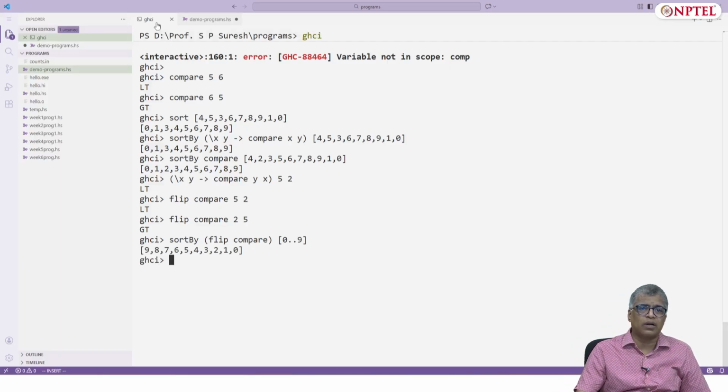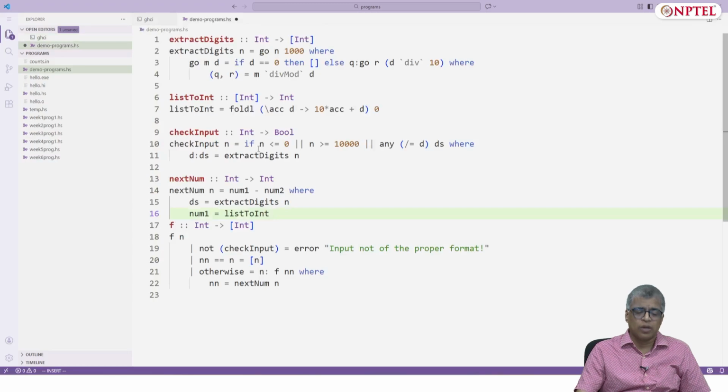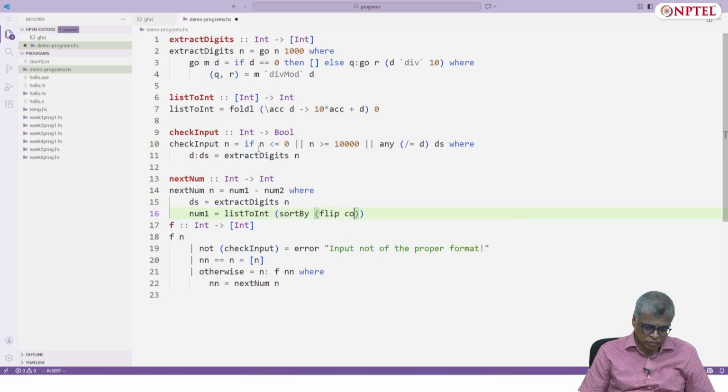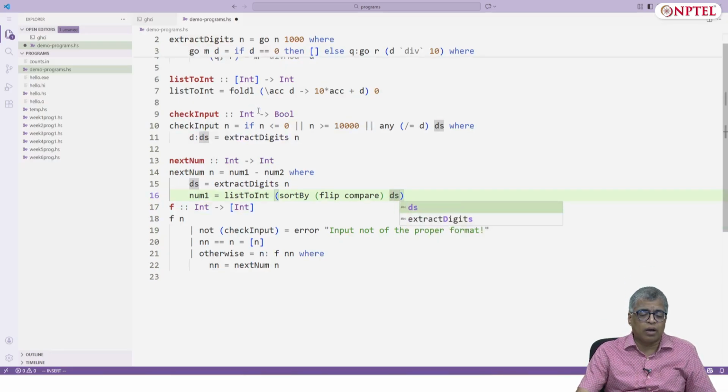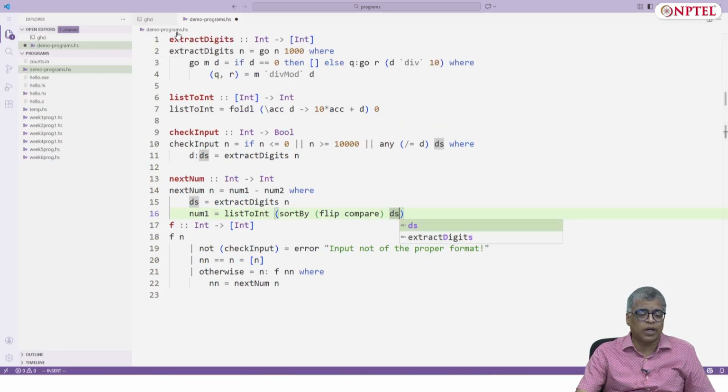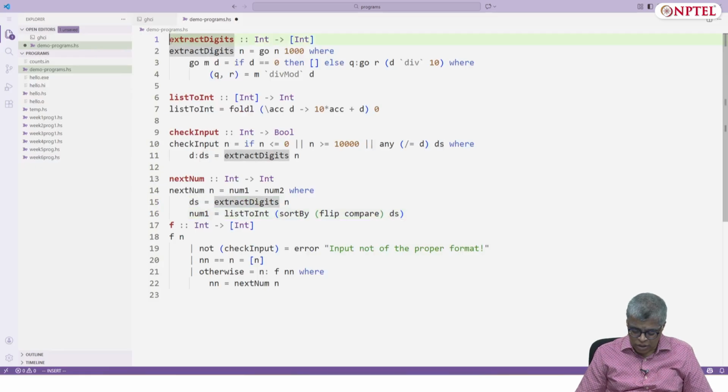So let's go back here to the demo program. So num1 is list to int of sortBy flip compare of ds, and to use this sortBy I need to import Data.List. So let me do that also.